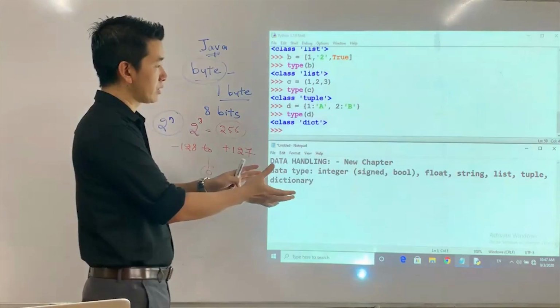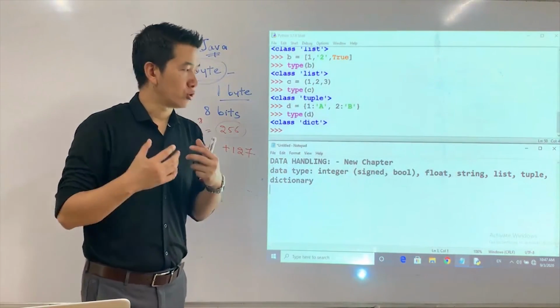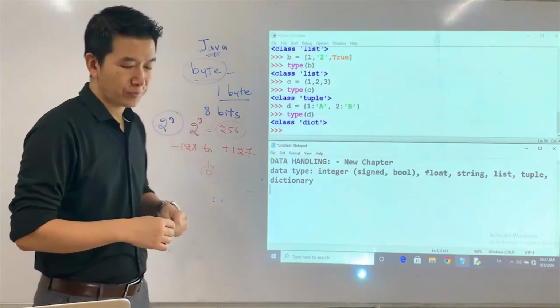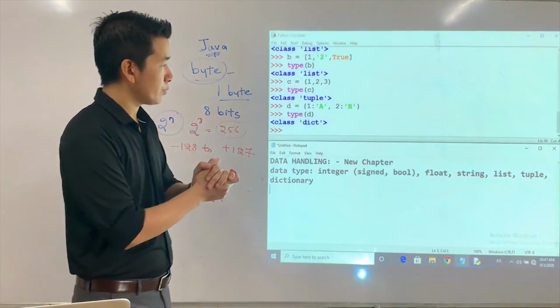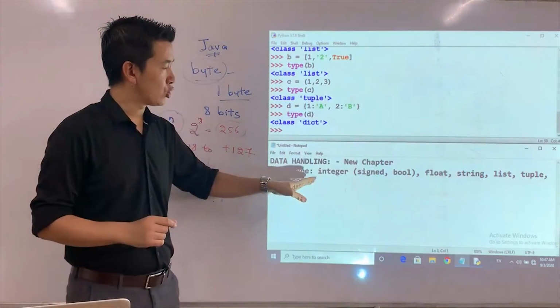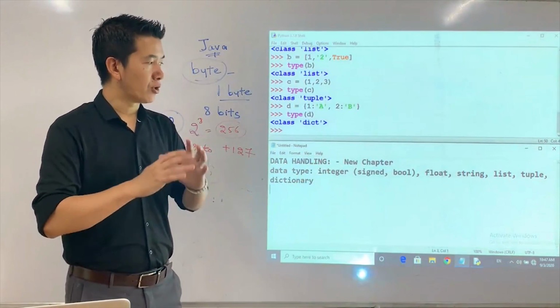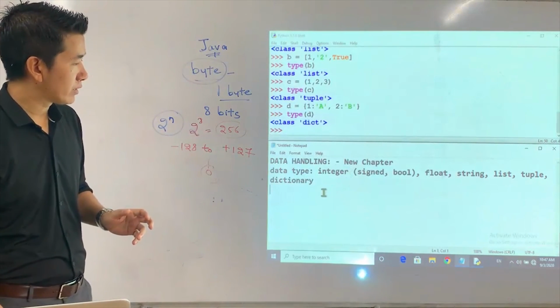So this is the reason you need to understand this, just to strengthen your knowledge of the basics. Now we are done with the range of numbers supported by integer and float, which are basically unlimited. Now let's move on to the next topic,